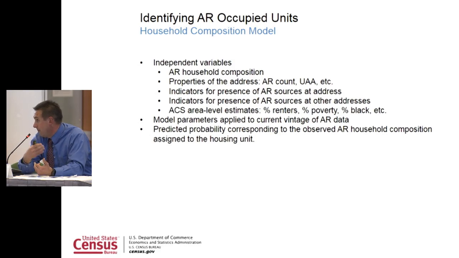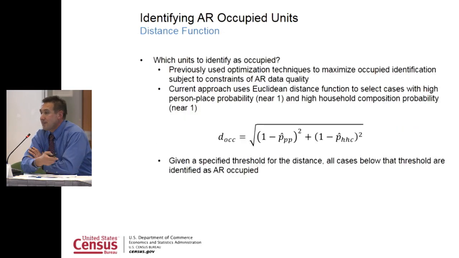Again, we get the model code, we have the beta parameters, and we can proceed to apply those to our 2016 data, and then we can have a predicted probability. Given a certain combination, we may have 2 adults with no kids, what's the probability the census had that category? So again, we have these 2 models. We have these 2 prediction probabilities, which we have at the housing unit level.